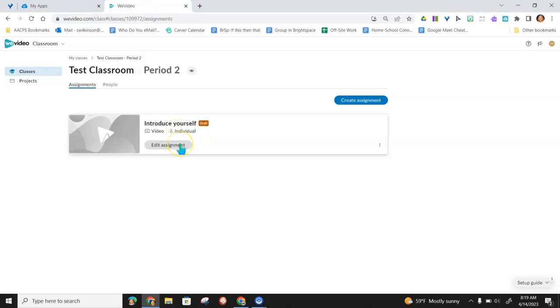I can edit this assignment using this Edit button. I can also go to these 3 dots and publish this assignment if I want the students to work on that. I also have the ability to delete it if I don't think it's something I want to use. I can also create a new assignment. When I click on Create a New Assignment,